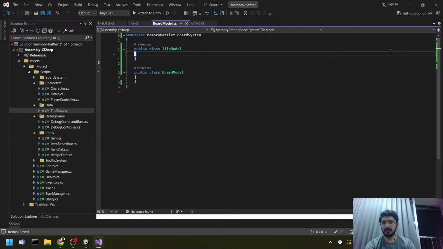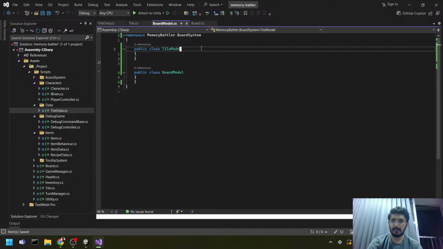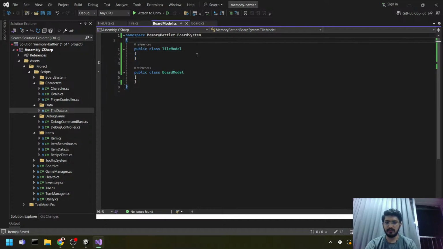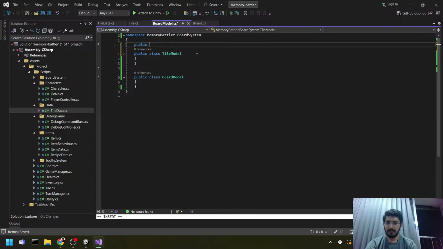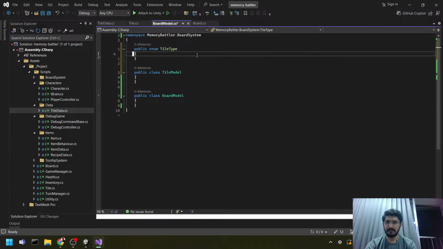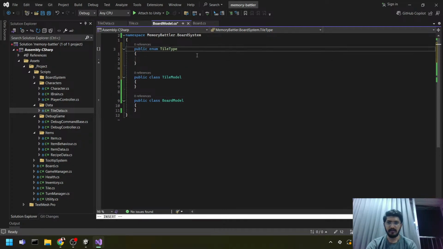So let's currently do, we'll need item model. Let's not worry about item model for now. And let's just do a public enum called tile type. I don't think we have any enum like this. And for now, let's just do,